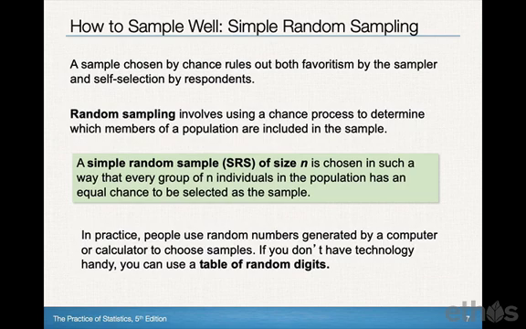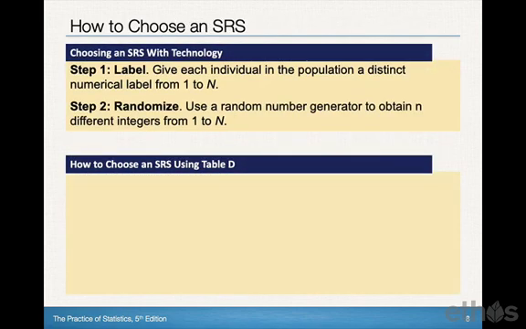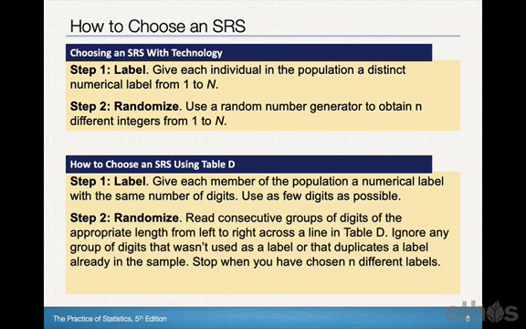AP statistics used to include a table D in the formula sheet, which was a table of random digits, and they have since gotten rid of table D in favor of including a table in any question where they ask you to use a random digit table. So where it refers to table D, just understand you'd be given a collection of random numbers from a table